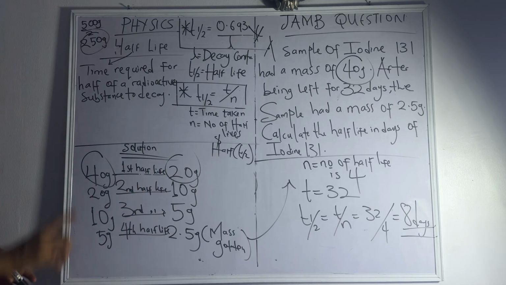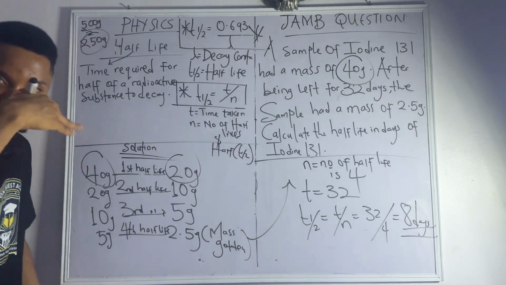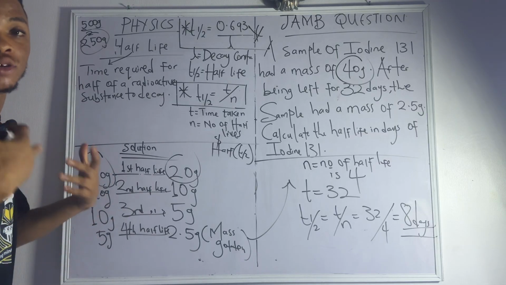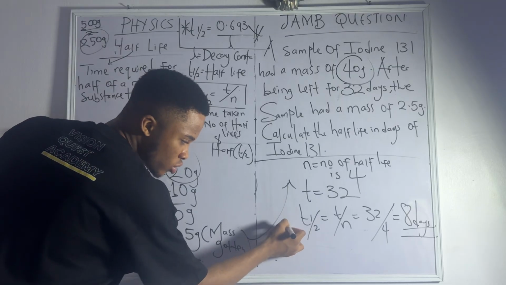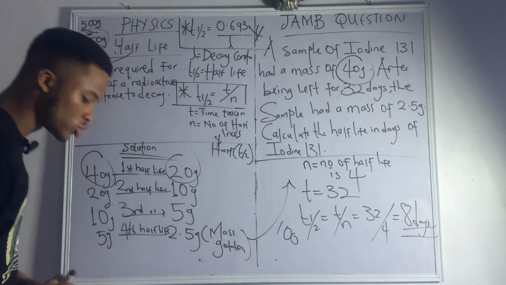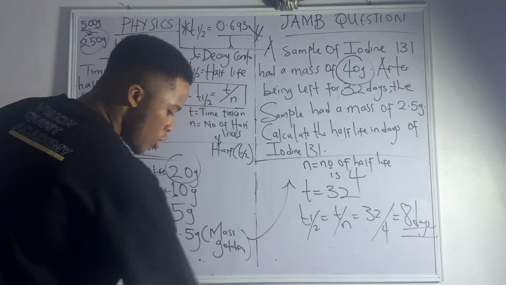Now, this is what I told you. Don't forget I told you that this one does not have a particular bus stop. You keep dividing by two. You keep doing half of it, depending on where they ask you to stop in the question. I told you, you can start on maybe 1,000 grams. Keep dividing till eternity. But please note, you will stop where the question instructs you to stop or